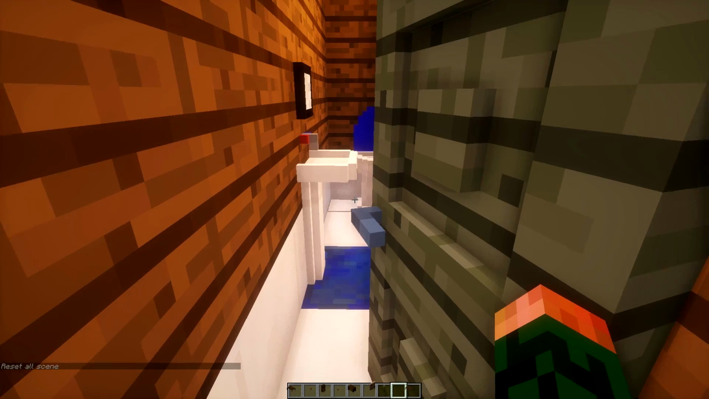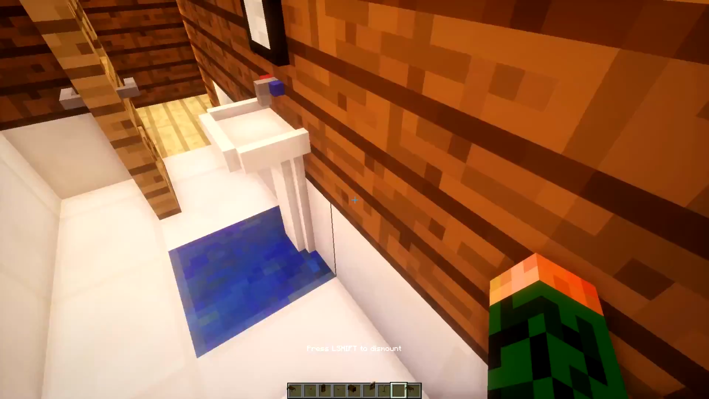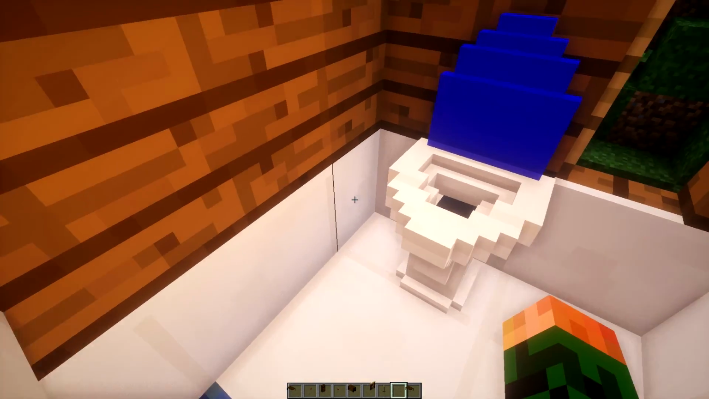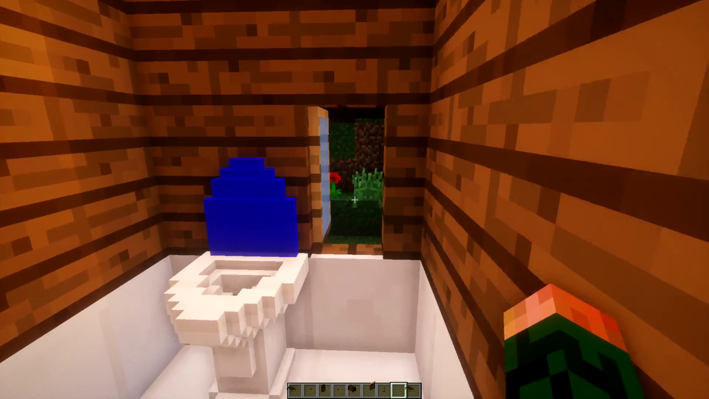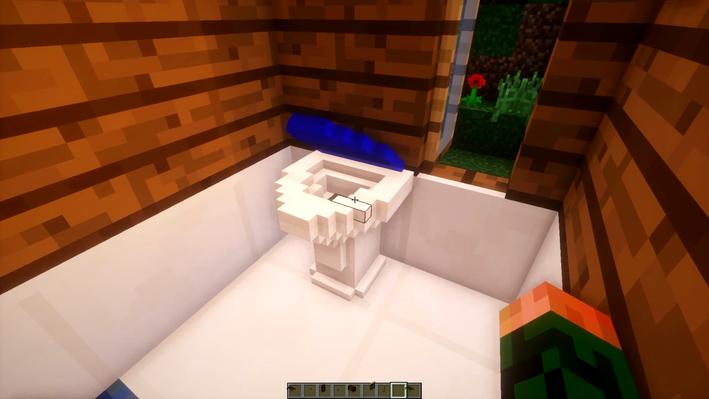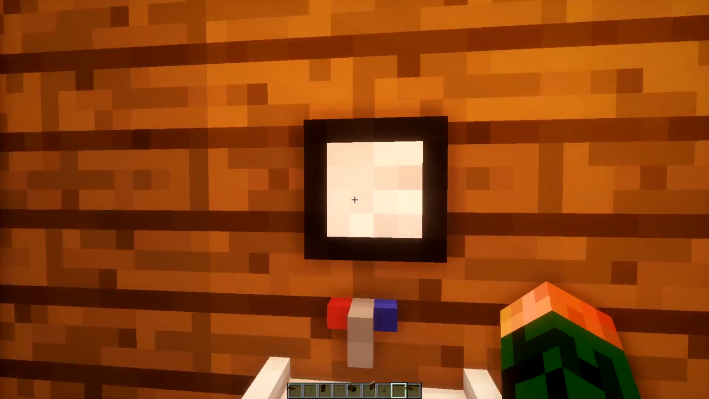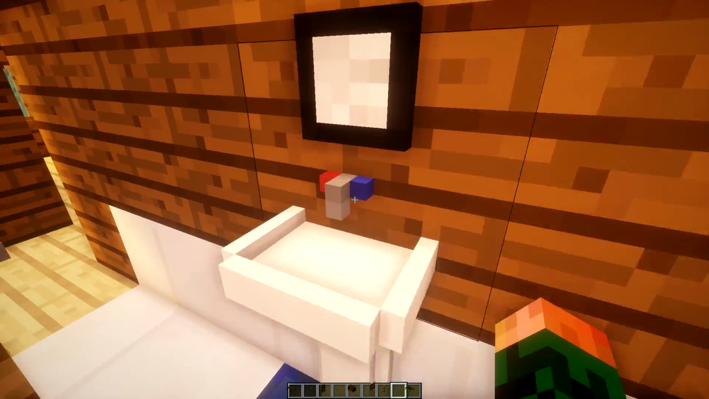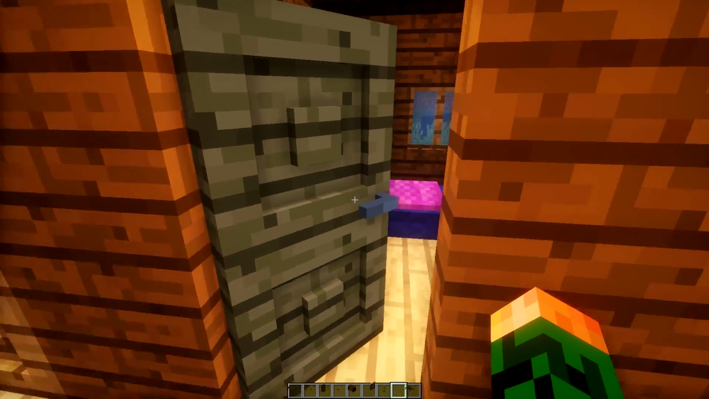Of course there's a bathroom where you can sit on the toilet, yay, and even some water. As you can see, it's animated due to the shader. You can also close it, of course. Yeah, there are no mirrors in LittleTiles, unfortunately. And just some